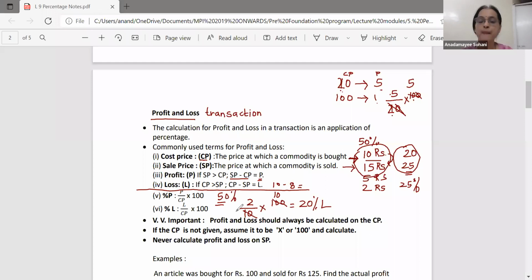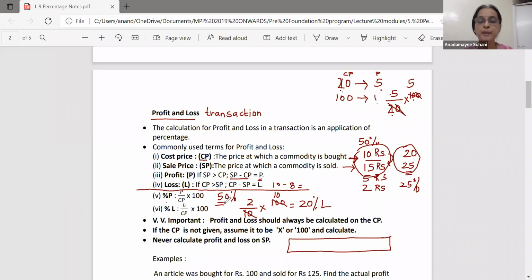Now, I would want to relate this also to a train module. Okay, let us draw the profit train and let us draw the loss train. Very important concept I'm giving. Please, please, please understand this. And so many questions on profit and loss will be very easy for you. I am getting